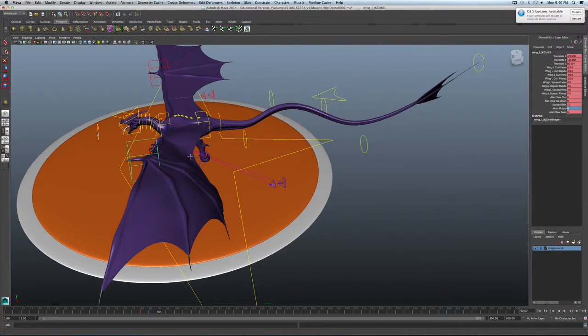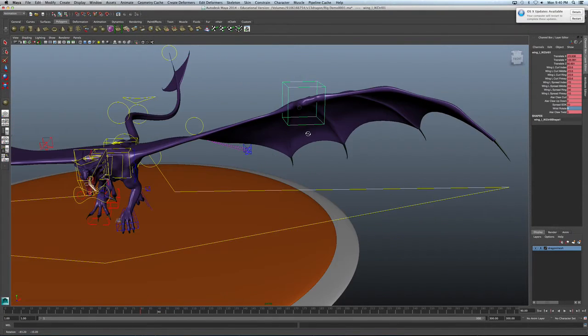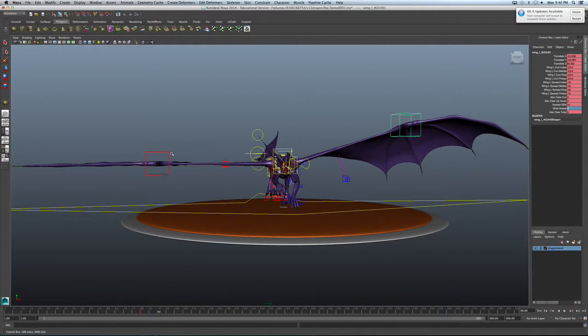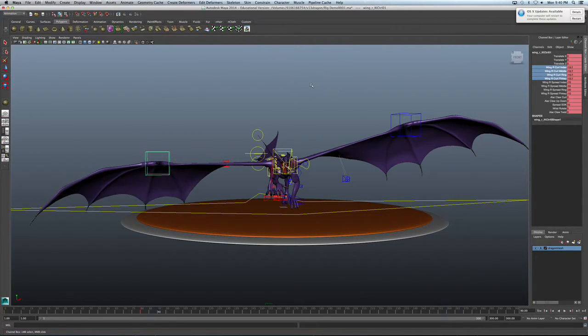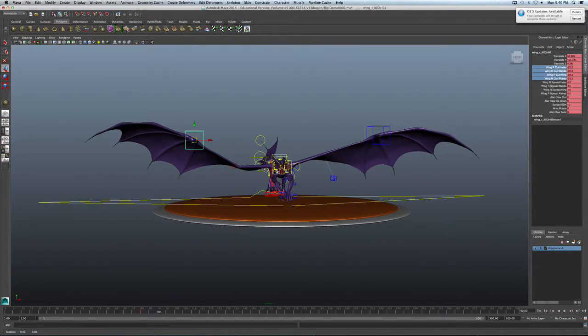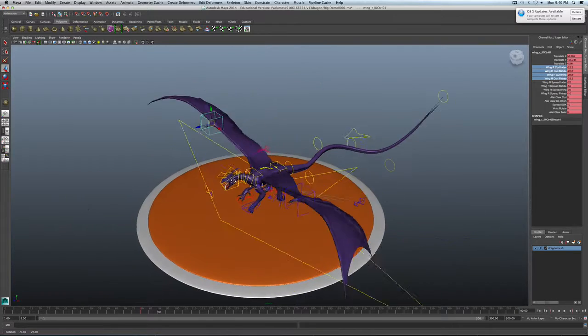Zero that out, it's a little bit sharp. Okay, so we have this wing right away that curls in, and of course it works on the other side. So we can position our dragon very quickly into a pose that looks like flight,